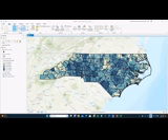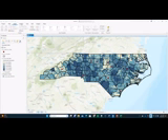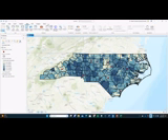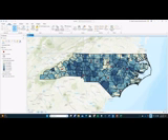Up in the top, we got the tabs. We got the inserts. We don't worry about this. The analysis, we're not even going to worry about. The views, we're not going to worry about. We're sitting here at this very first tab with the map, and most of the things that we can do right here are within the confines of the map. I've got major cities, so these red dots I can turn on and turn off. And then I've got North Carolina counties that I've provided just as a reference map. And then I've got COVID rate